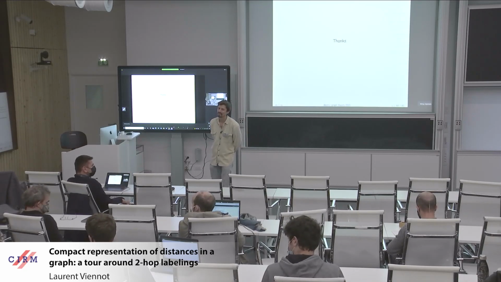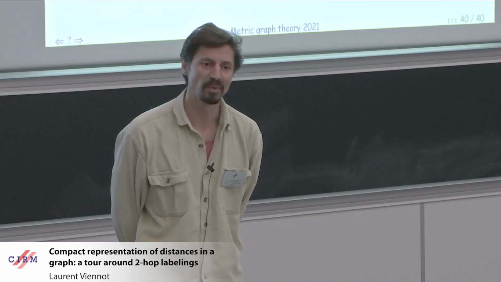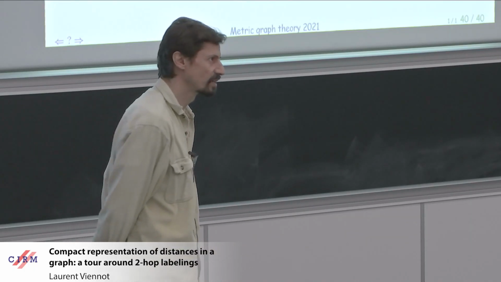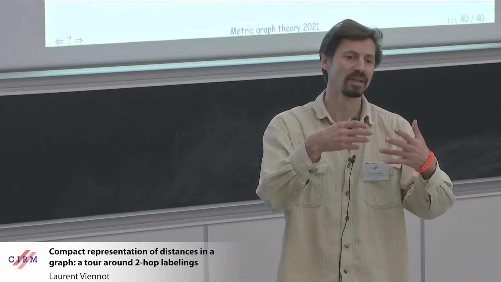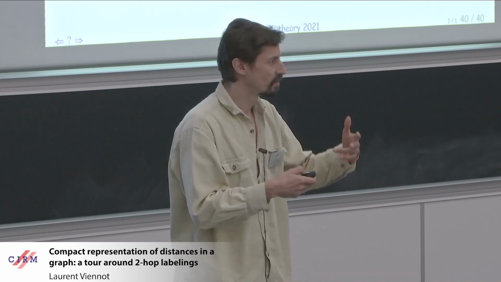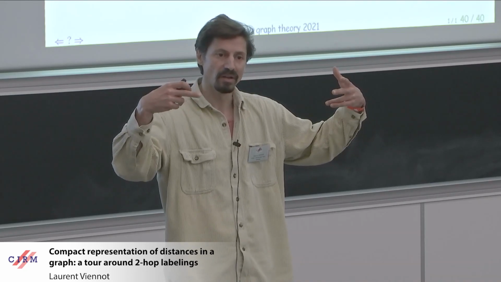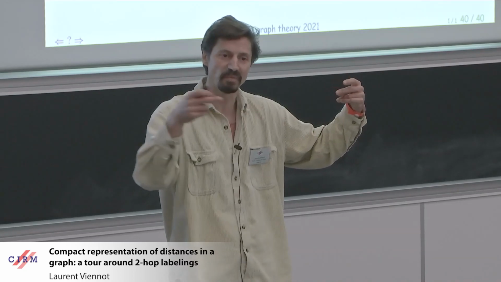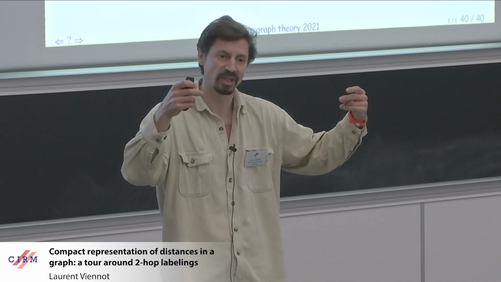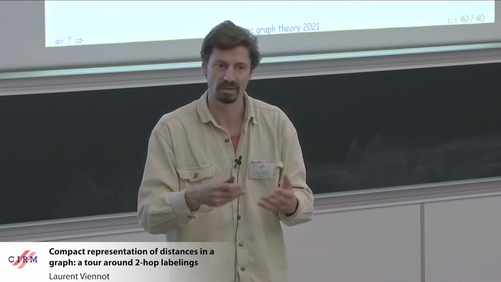Just a precision. In your result, you assume that shortest paths are unique, yeah? For the skeleton dimension, you don't really need to assume that. What you need is a collection of shortest path trees that agree. What I mean by agree is that if you take two nodes U and V and their shortest path trees, the branch of U that contains V must agree on the shortest path with the branch of V that contains U. So if you have this collection of shortest path trees, then you can define the skeleton dimension similarly and make everything work.